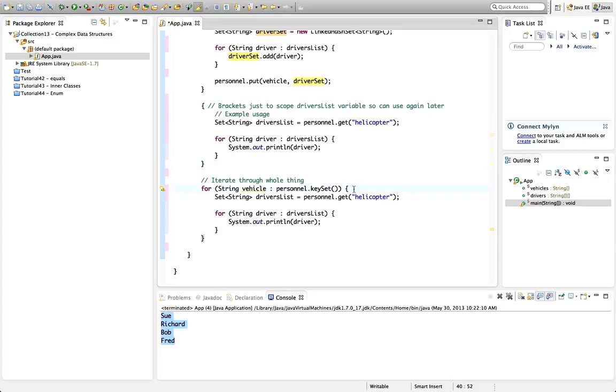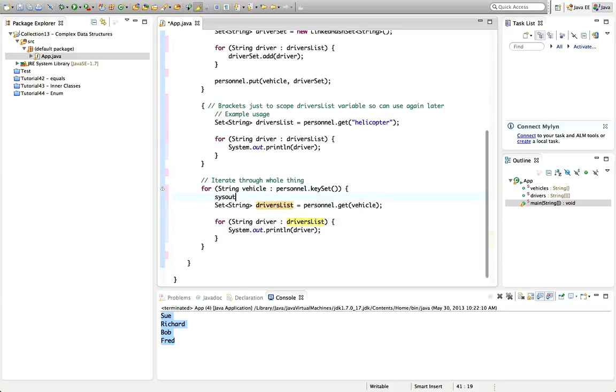So now we can say here we want to get from the personnel the vehicle, the list of drivers for the vehicle, and then go through them and print them out. And what I'll do is I'll just say here sysout and vehicle. Let's have another, and maybe here I could, let's have a